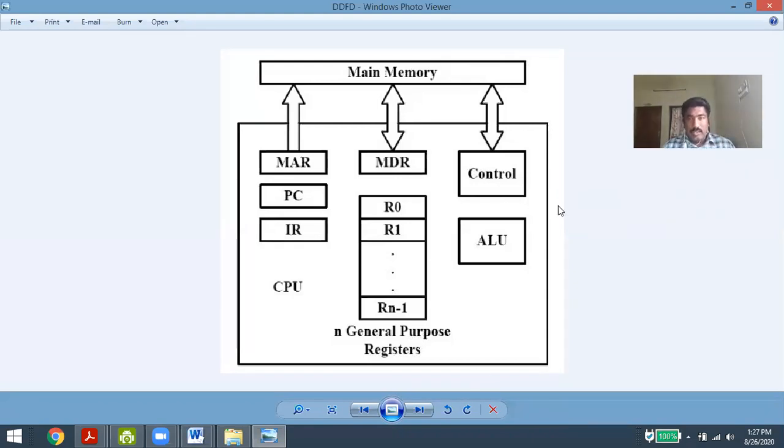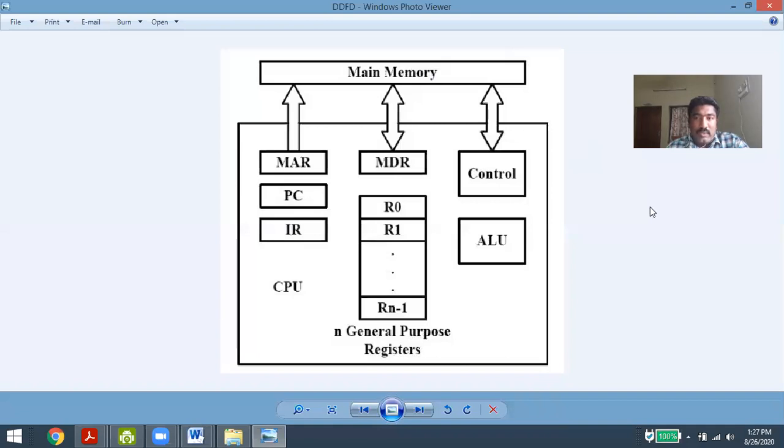I'm not discussing functional units here. I am discussing how the processor is linked with the memory. Let us take our memory, and we will discuss only the main memory. Why am I calling it the main memory? Because the processor is always linked with the main memory only, not the secondary memory. Primary memories are linked with the processor. So this entire set of components is called the processor, and this is called main memory, nothing but our RAM and ROMs. We will use only RAM here, not ROMs. So let us call main memory RAM and let this be the processor.